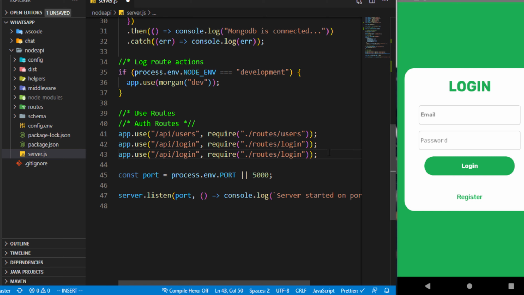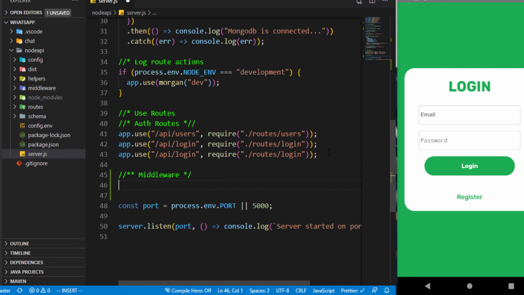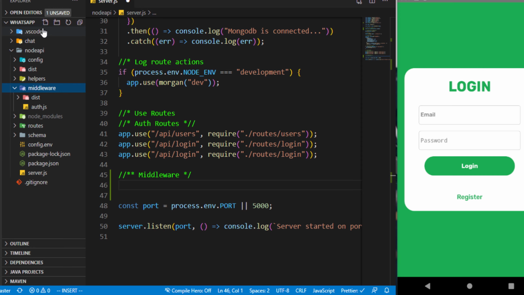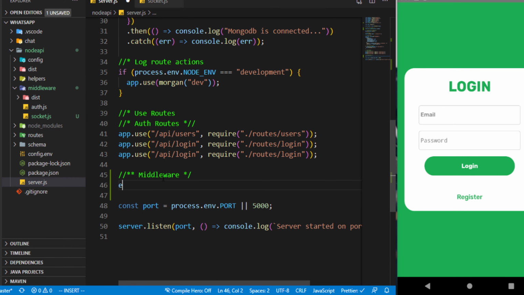So above this, we are going to create a middleware. This middleware is going to be a socket middleware. So quickly, let's come over to this middleware folder, and I'm going to create a file called sockets.js. Over here, I'm going to require,